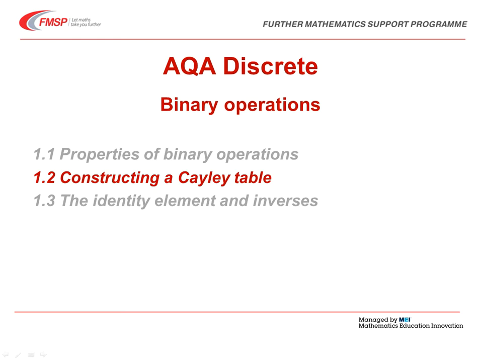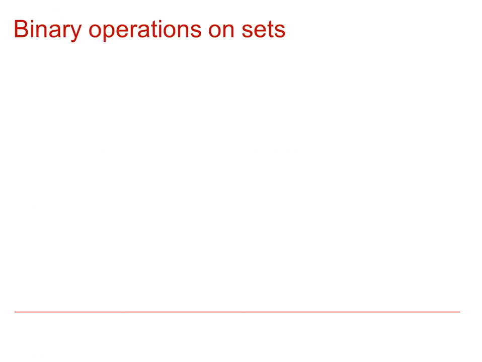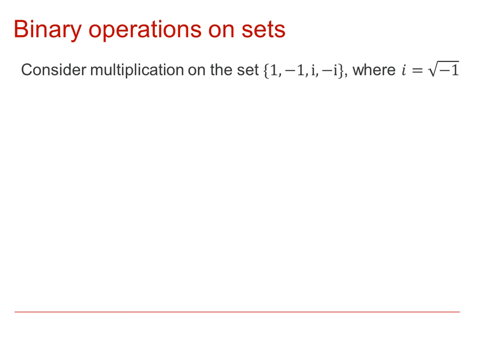This is a video for AQA Discrete Mathematics. This is Binary Operations section 1.2, where we're looking at the idea of Cayley tables. So remember then, with a binary operation we can take some defined operation and perform it on elements from a